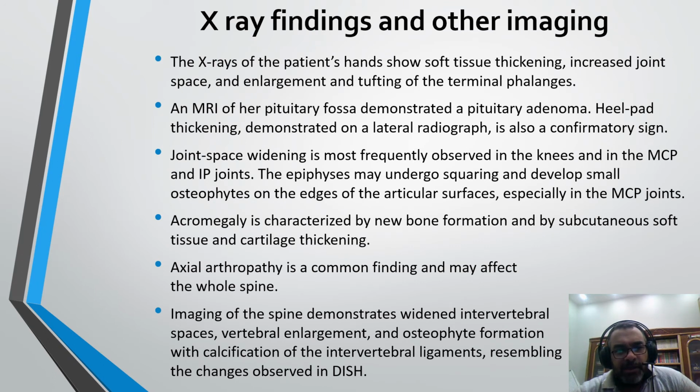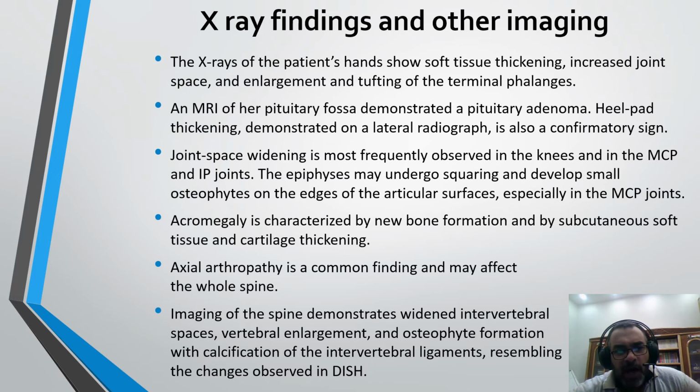The X-ray of the patient's hand shows soft tissue thickening, increased joint space, and enlargement and tufting of the terminal phalanges. An MRI of her pituitary fossa demonstrated a pituitary adenoma. Heel pad thickening demonstrated on lateral radiograph is also a confirmatory sign. Joint space widening is most frequently observed in the knees and in the MCP and IP joints. The epiphysis may undergo squaring and develop small osteophytes on the edges of the articular surface, especially in the MCP